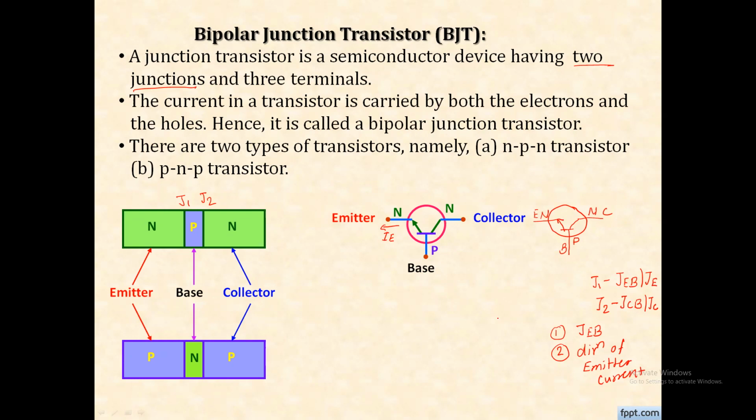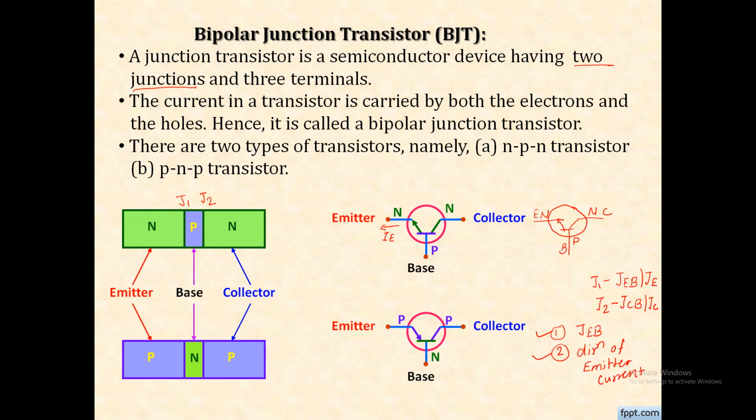Get it, my friend? Now see what is the arrow of a PNP type of transistor? Apply the same two criteria for this arrow. As I said, these are the emitter, base, collector. The middle terminal is a base. And now to indicate that arrow in that symbol, apply these two criteria. First criteria, that arrow is always between emitter and base. Yes, it is between emitter and base.